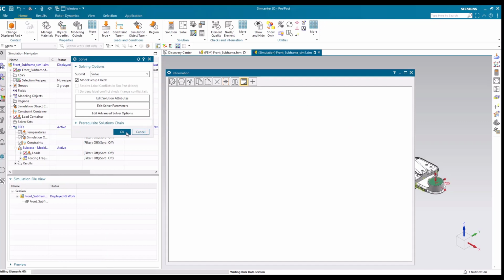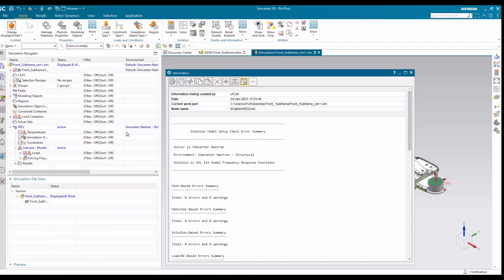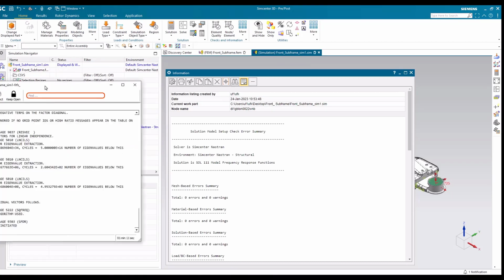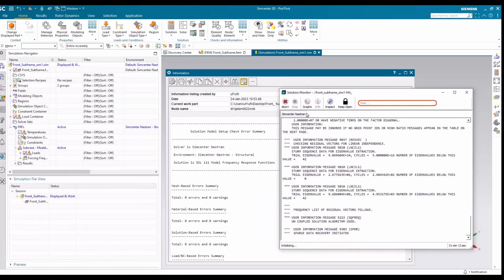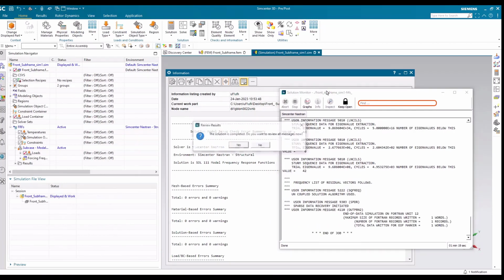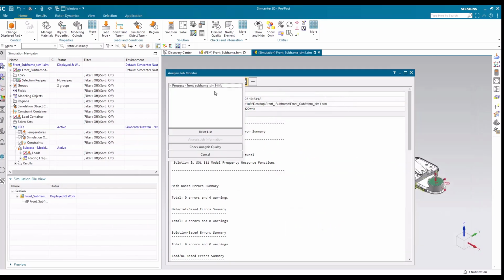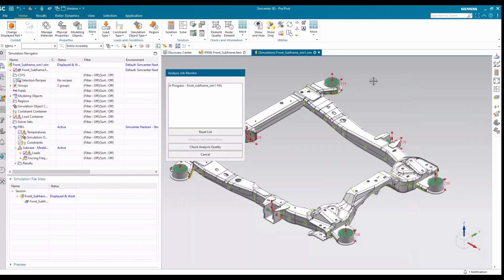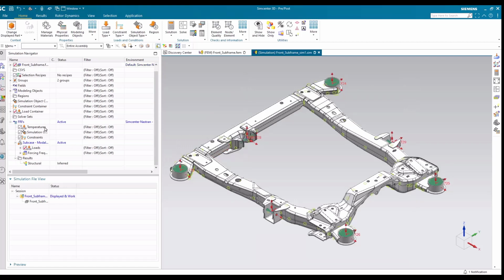The solution will take some minutes. Once the solution is done, we can check the results.